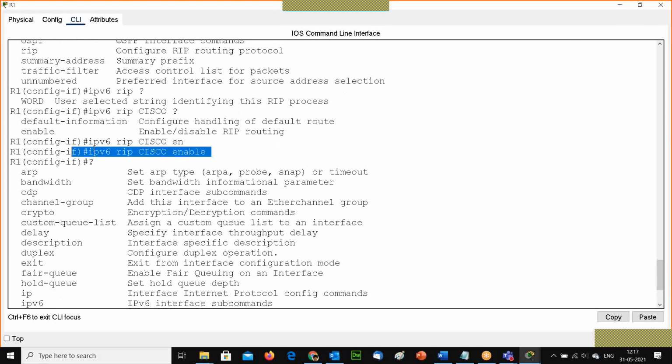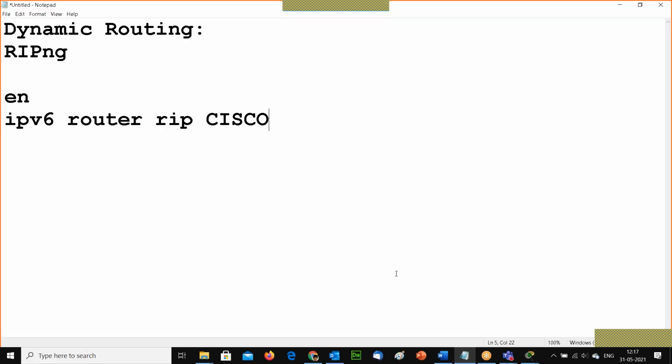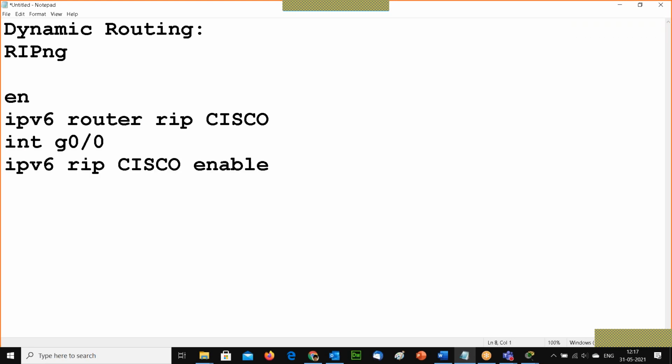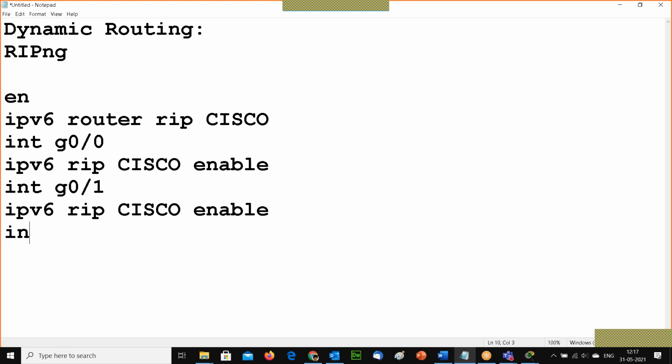So this much we need to write here. Just go to all the interfaces, port 0/0, and write that. Then you have to go to gigabit 0/1 and write that. Then gigabit 0/2.